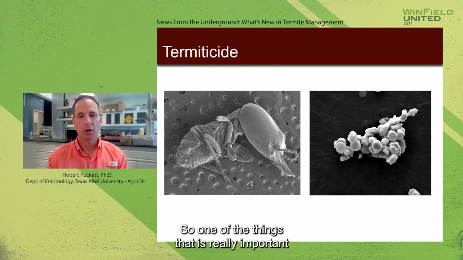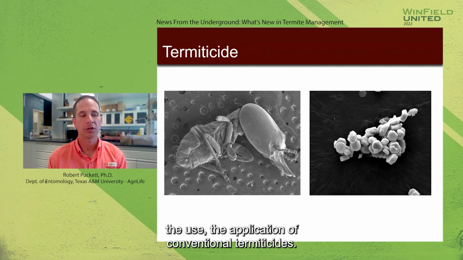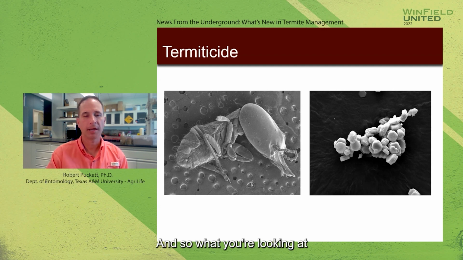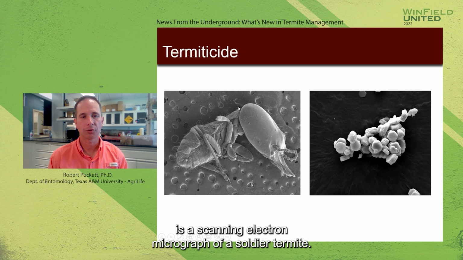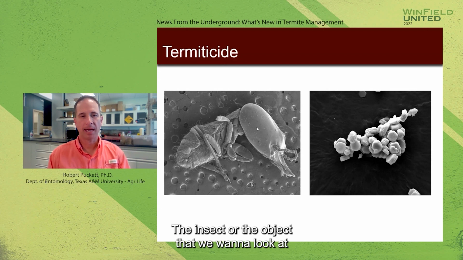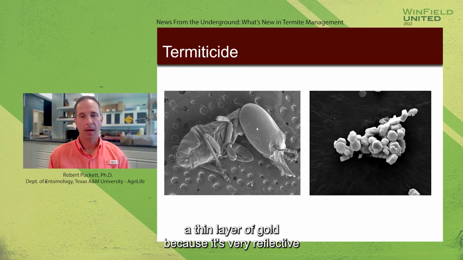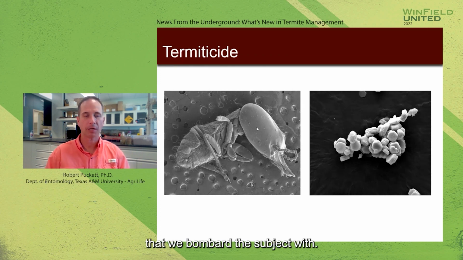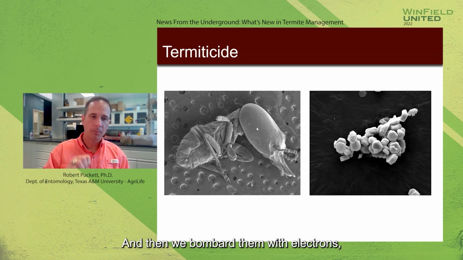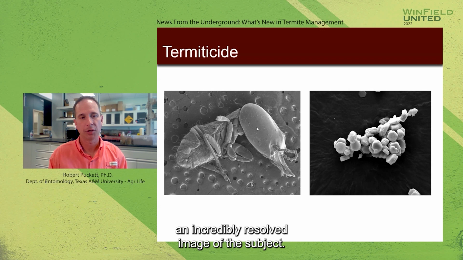So one of the things that is really important for us to think about when we think about the application of conventional termiticides, contact insecticides, is how those move through a colony of termites. What you're looking at is a scanning electron micrograph of a soldier termite. If you're unfamiliar with how this works, we sputter coat the insect or the object that we want to look at with the scanning electron microscope. We sputter coat them with a thin layer of gold, because it's very reflective in terms of the electrons that we bombard the subject with. This is why electron microscopy is an expensive endeavor. And then we bombard them with electrons,